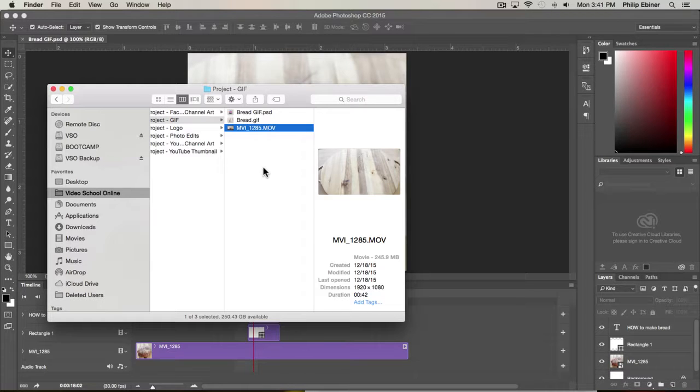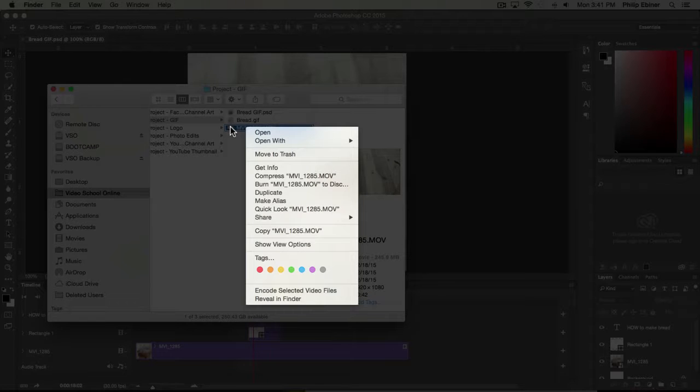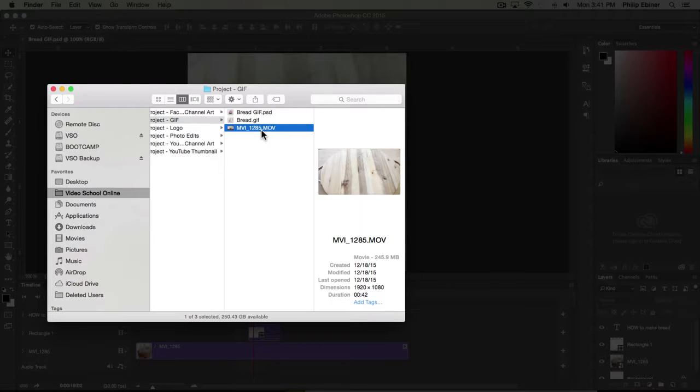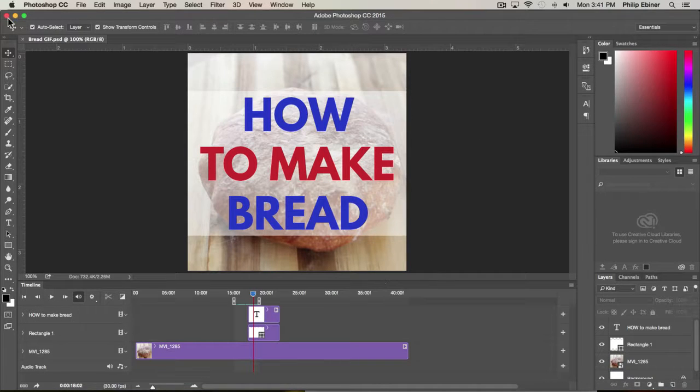Well, there's a couple ways to do it. One is actually just by going right click, open with, and then finding Photoshop. Of course, I'm on a Mac, so if you're on a PC, you're going to have to do the similar thing on a PC. But an easier way is to start within Photoshop. So I already have the project that I created open, but I'm going to go ahead and start a new